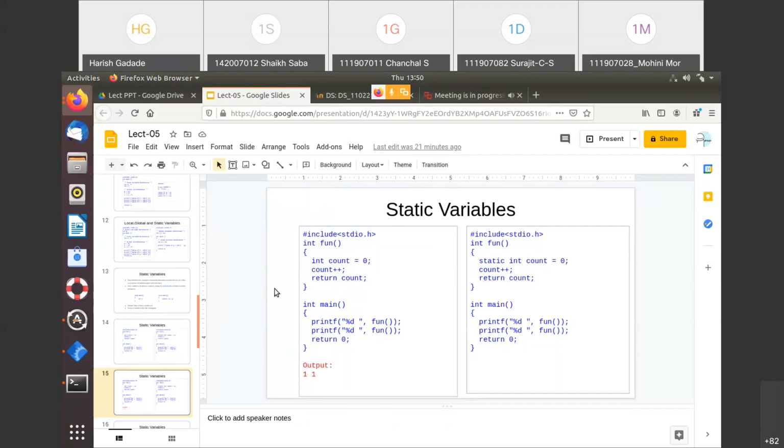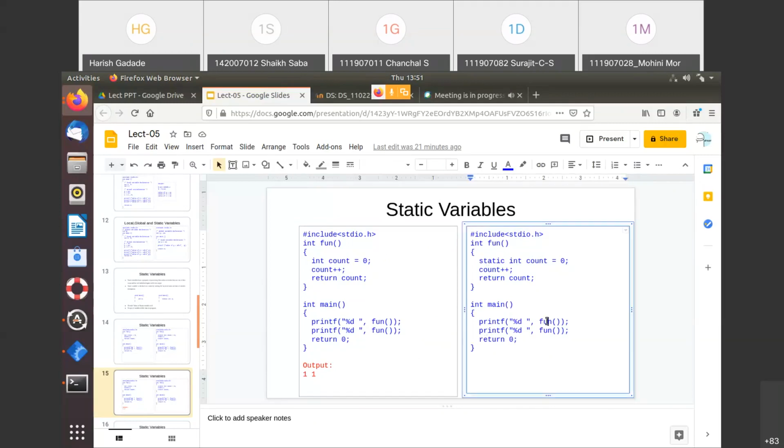I just run this program again. You can see here I have shown you that output. And in the second case, if you see here, I just declared that count variable as a static variable and initialized count to 0. Now, when I call this function, it will come here, and as it is a static variable, the initial value is 0. Then here it is reassigned from 0 to 1 because it is incremented, right? And it returns to this function. So the output would be 1 here, right?